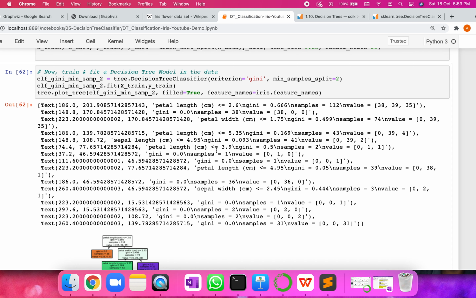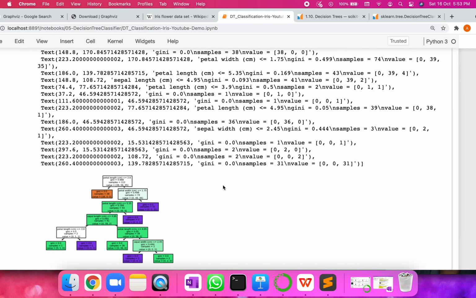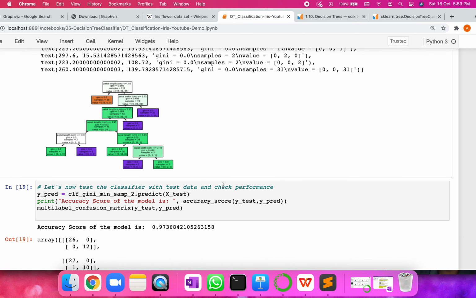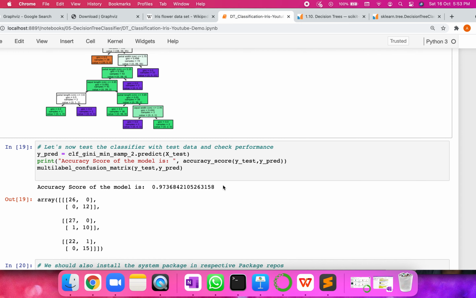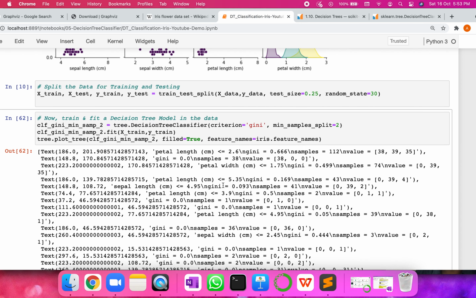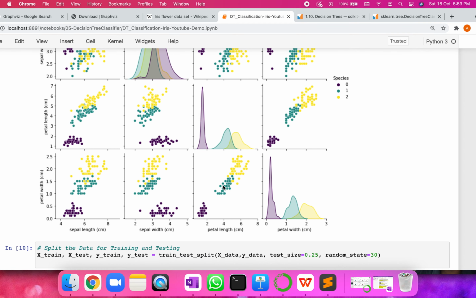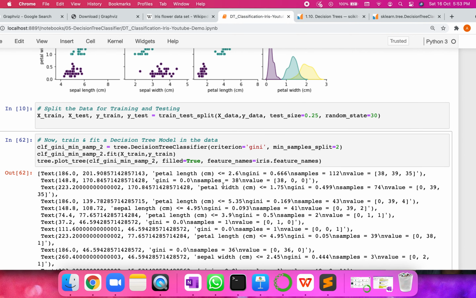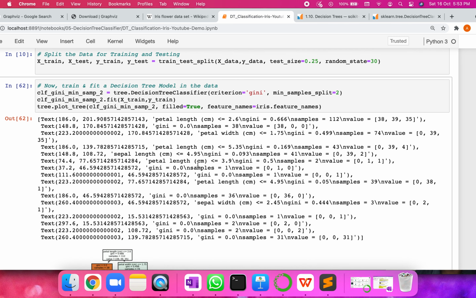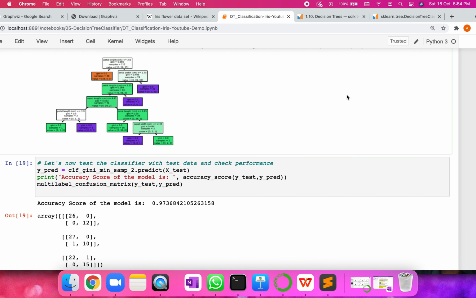But right now, given our X and Y inputs, it has learned, it has built the model, and now it is ready to predict. We will see how to predict in the next steps. As of now, we have been able to load the data, visualize the data, divide it into train and test, and pass it to the algorithm, and we have built it with the defaults. Gini is the default, and min sample split equal to 2 is also a default, meaning you are splitting it to the lowest possible level. So that's what has happened so far.